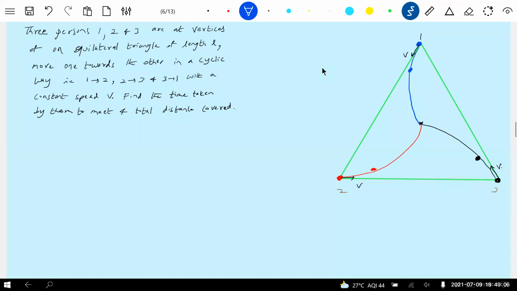You can put a few more dots, you'll get the exact picture. At any instant you put an arrow, this velocity will be directed toward this one. Here the velocity will be directed toward this path. This will be directed toward this one, you see. This velocity here will be directed in this direction. The velocity of this red dot will be directed toward this black dot. The velocity of this dot will be directed toward this one. I'll show that in the dotted line.